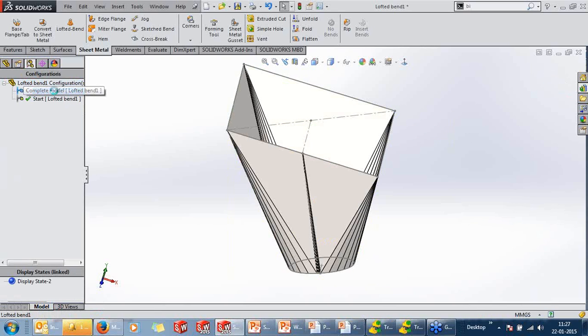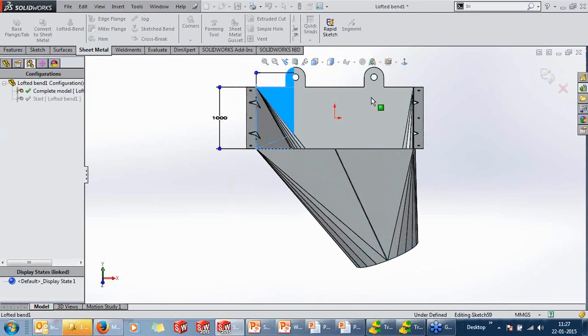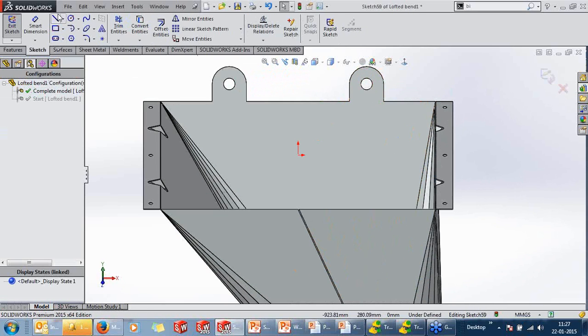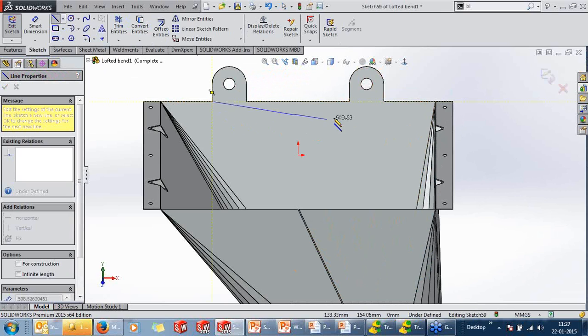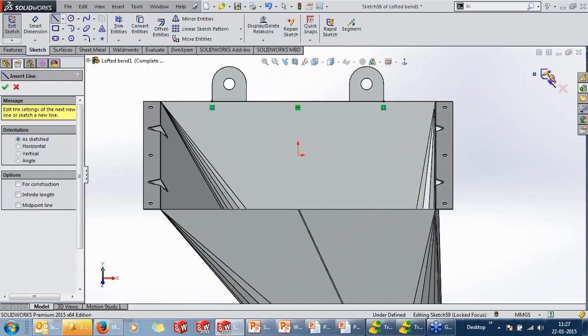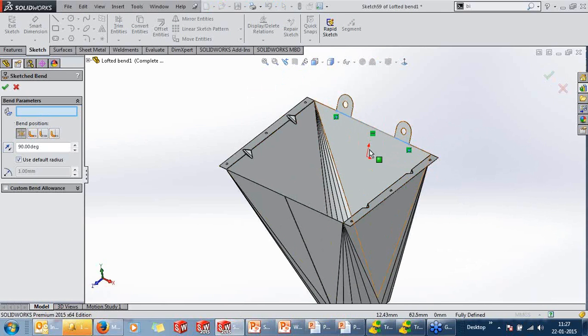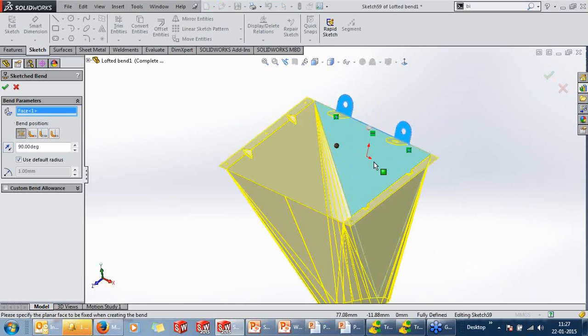Going back to the main configuration, adding sketch bends is easier. So if I want to bend this, I'll add a sketch, add a line in here. Now adding bends is much easier because we have a preview of it.